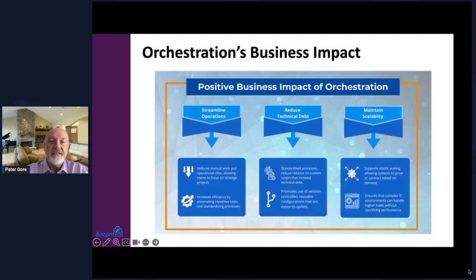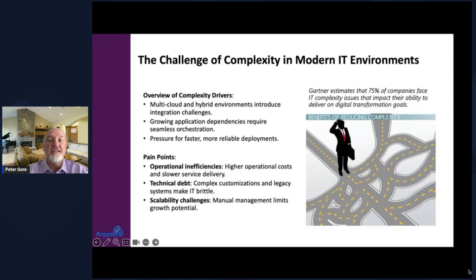So these are just some of the business impacts. Now let's think about what are some of the complexities of getting there, right? If we listen to Gartner, they're saying 75% of companies that face these complexities as they drive towards the transformation of their environment and overcome some of these complexities, they're able to drive towards that automation in a much more successful fashion, right? So some of the complexities, I'm sure many of you have multi-cloud environments, hybrid environments.